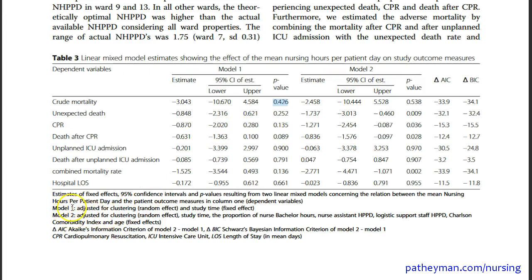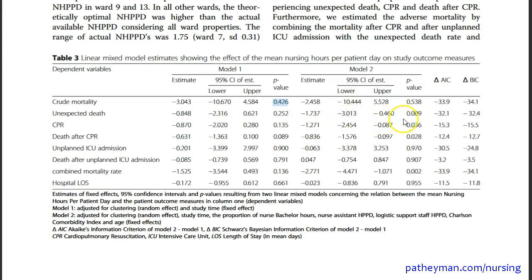So here, Model 1 adjusted for clustering, random effect, and study time, fixed effect. Model 2 adjusted for random effect, study time, and the proportion of nurse bachelor hours, nurse assistant, logistics support staff, and comorbidity index and age. So what they did was, when you control for all of those things, what do we find out? And so if you look over here, what you'll see is that